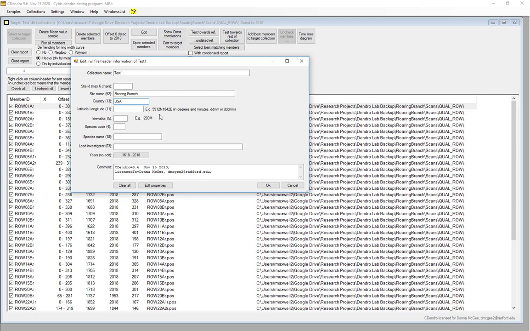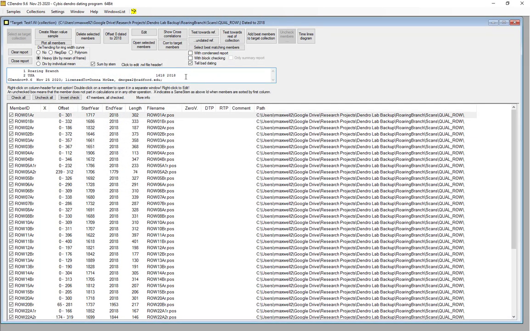And what this box is going to do is create that header that is typical in that Tucson tree ring format, that decadal format. This way, when you're uploading data to the International Tree Ring Database, you have that metadata associated with it. And so that's what this menu is key for. I'm not going to fill everything out right now, but you begin to see that it starts to fill out this area here. And you want to make sure that you have that appropriately documented.